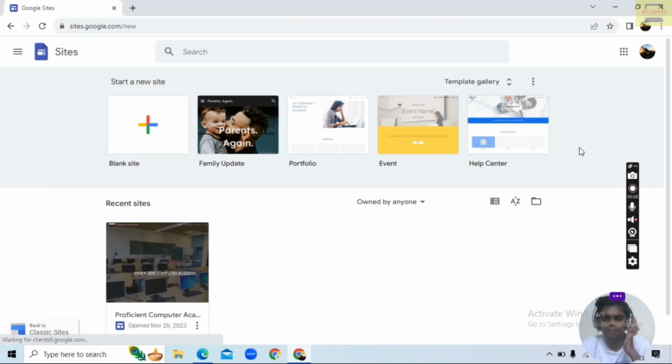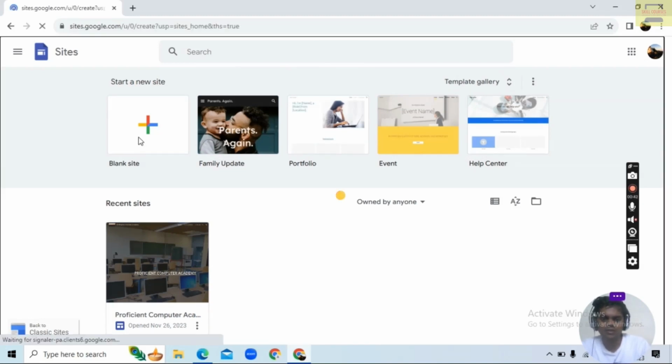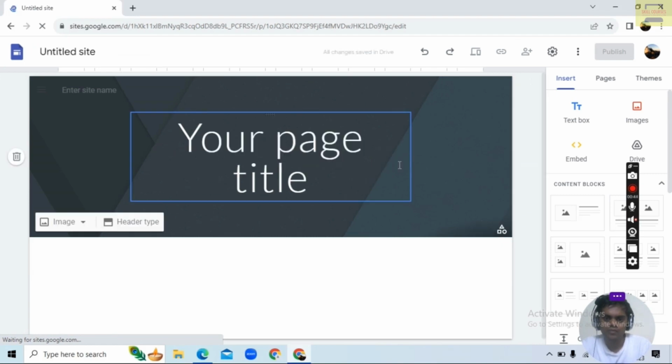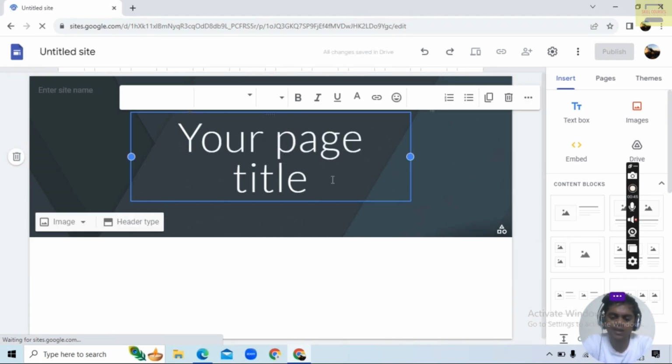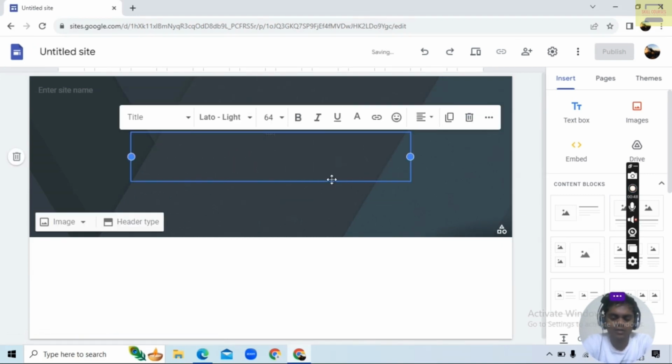These are all our template files: family update, portfolio, event, self center. First of all, we have template files. This is a website I made right now. Okay, I will go here, blank slide. So I will click here and I will type